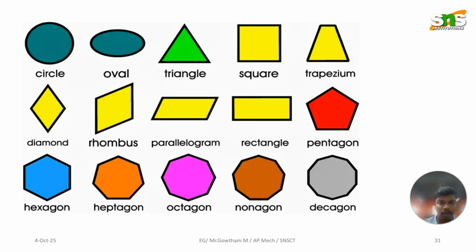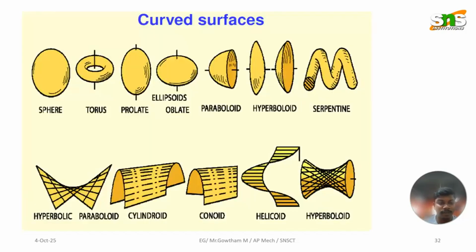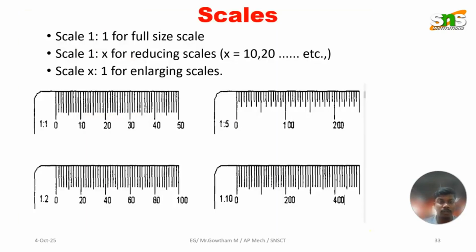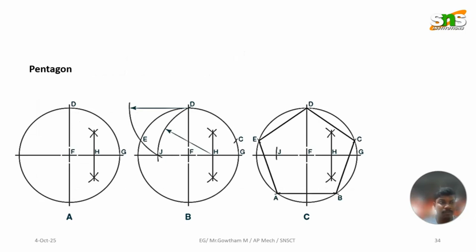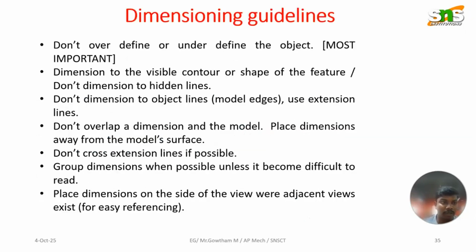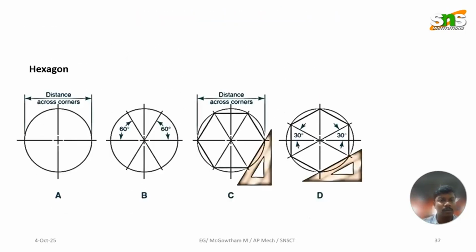First one is circle, oval, triangle, square, trapezium, diamond, rhombus, parallelogram, rectangle, pentagon, hexagon, heptagon, octagon, nonagon, and decagon. These are the shapes we have gone through or are going to do in our engineering graphics. This is an example for your better understanding. And this is our curved surface, which we are going to draw. This is our scale, as I mentioned in the previous slide and previous class. And this is a pentagonal diagram, how to draw the pentagon and how to